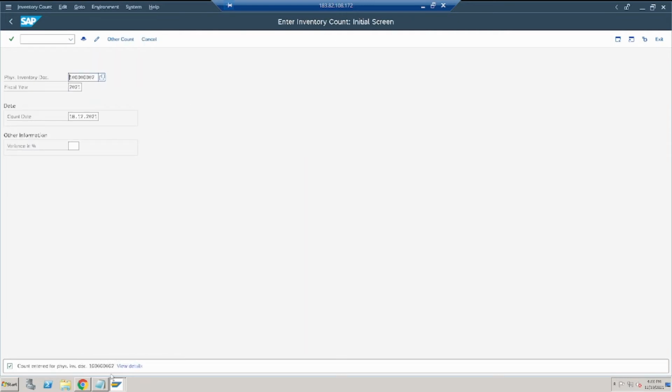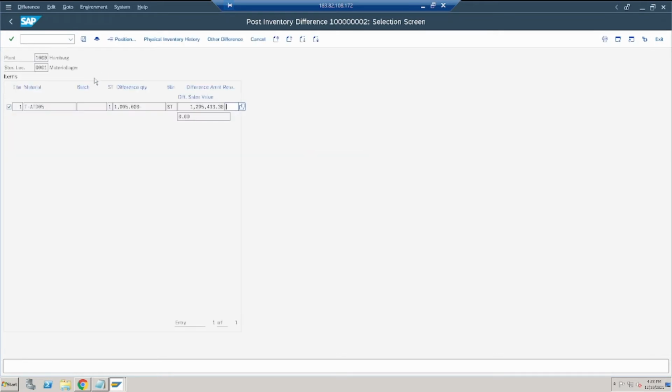See, the physical document has been saved, and now what's the T code? /n MI07 we have to go, and after that, see the same number, I'm opening it, just click on enter. In the same part, it is negative, that means it is reducing 1995 quantity.